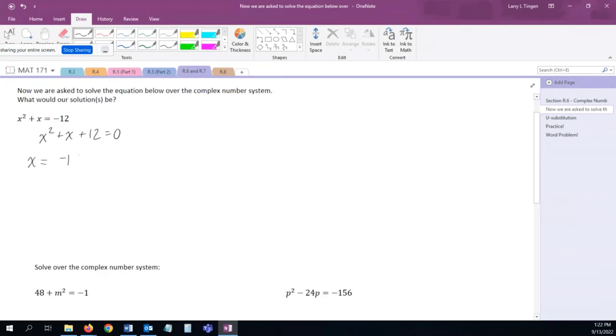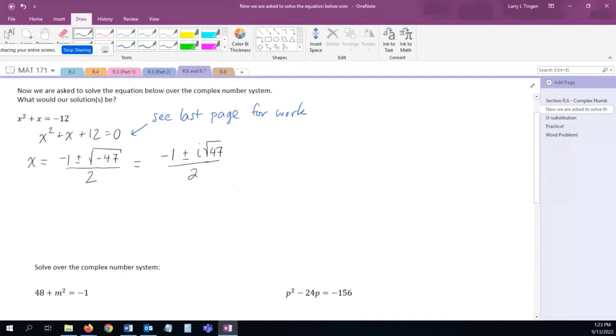It says the opposite of b, which is -1 plus or minus. We've already done the work here, so I'm just going to go ahead and write it. Okay, and then we'll just make a little note here: see last page for work. What am I going to do now? Well, what I'm going to do is the same thing I've been doing as I've been dealing with the square roots of negatives. The square root of -47 is the same thing as i times the square root of 47, over